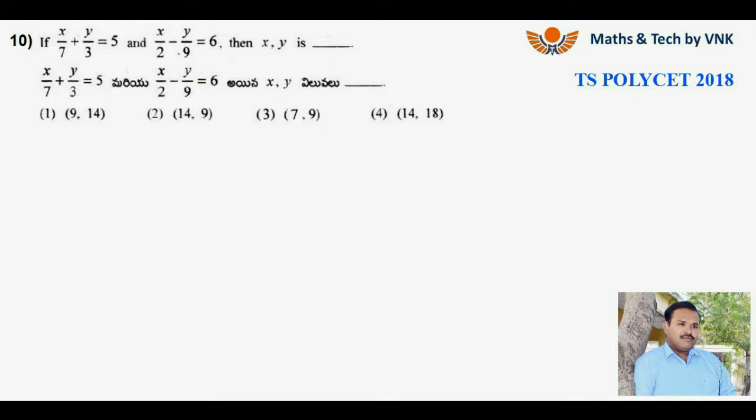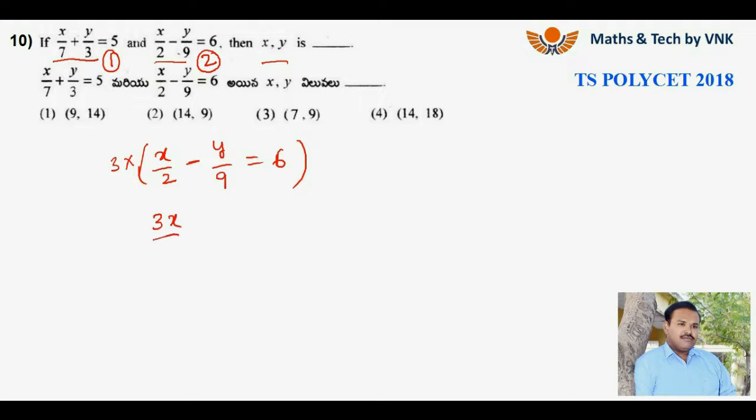Next question is, if x by 7 plus y by 3 is equal to 5 and x by 2 minus y by 9 is equal to 6, then find the values of x comma y. We find the solution by using the elimination method. So consider these as equation number 1 and equation number 2. Now equation number 2 is multiplied with 3. So x by 2 minus y by 9 is equal to 6 is multiplied by 3. Now then this becomes 3x by 2